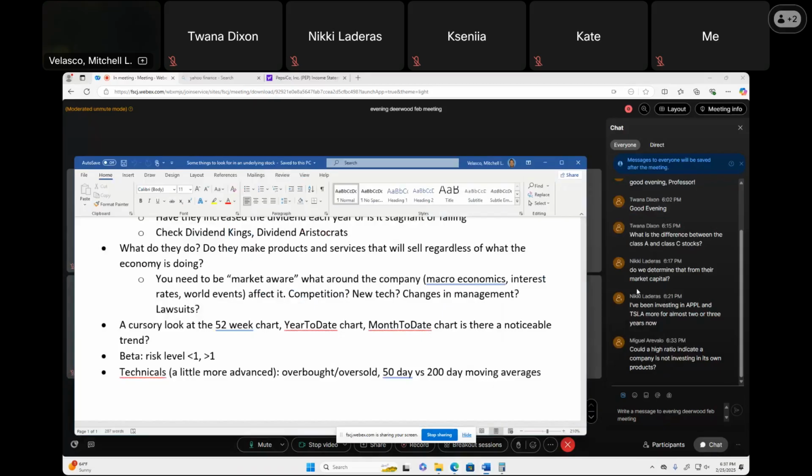Can inflation affect your company? Like high interest rates, that can probably affect a lot of real estate companies or home builder stocks, because that's going to make their homes less attractive, and so those stocks might suffer. Or if you hear high inflation numbers, who might suffer from that? Well, retailers. Retail stocks might not do as well because people are less likely to shop around and save more money if inflation is still high. Changes in management, maybe new technology.